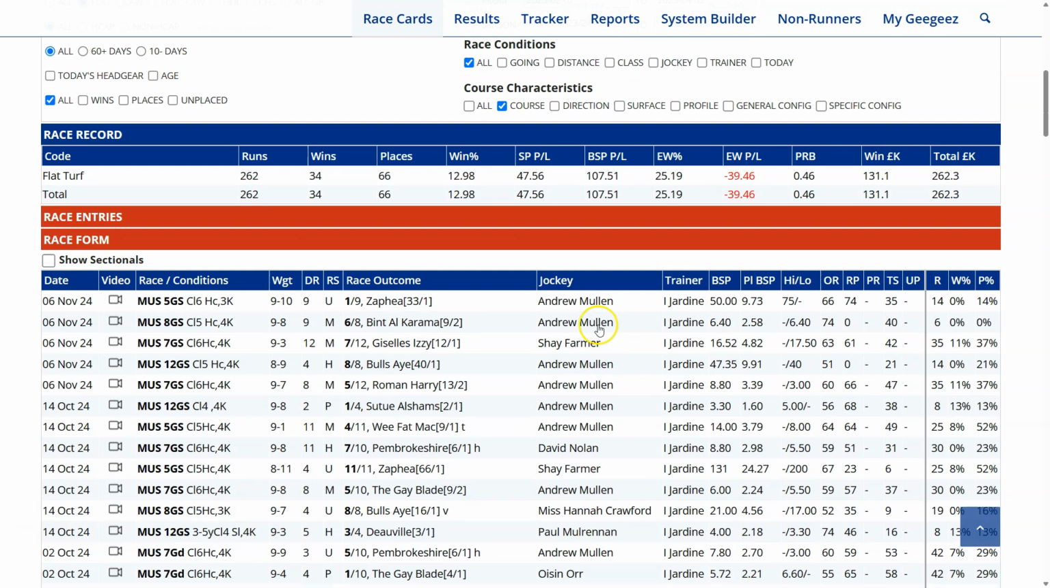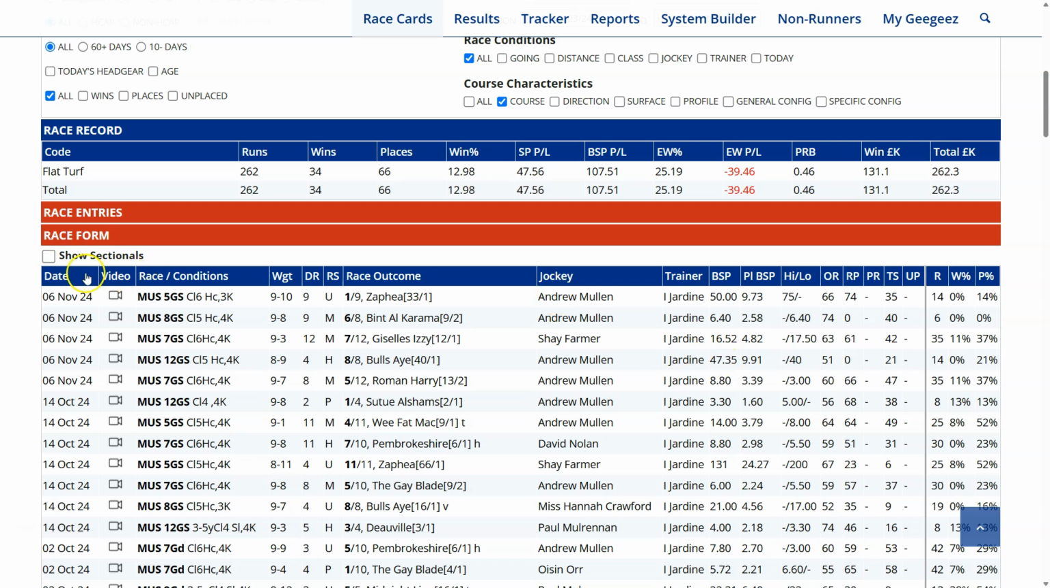If we go further down and look at the constituent form rows for his runners, we can see over here the Betfair SPs, this 50 to 1 winner at BSP, 33 to 1 at Industry SP would have definitely helped those numbers up there. We can see the place Betfair SP column here, and we can see the in-running high and low prices. So when a horse wins, as Zafir did on the 6th of November,